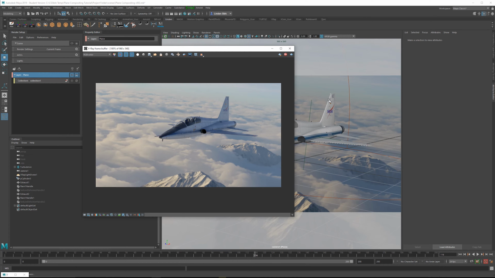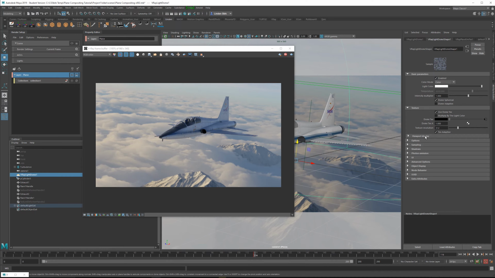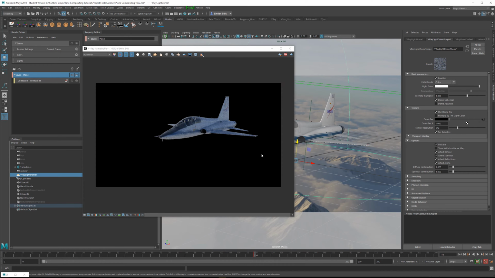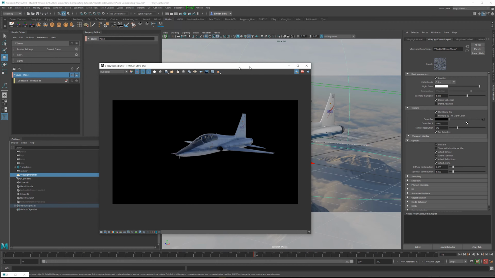So we need to go and disable the background from rendering. Let's go into our V-Ray dome light, go into options, and make sure you click invisible. So now you can see the background's gone, and if we look at the alpha it's only occupied over the plane. Okay, so I'm going to pause the IPR, and now we're going to go ahead and add a render